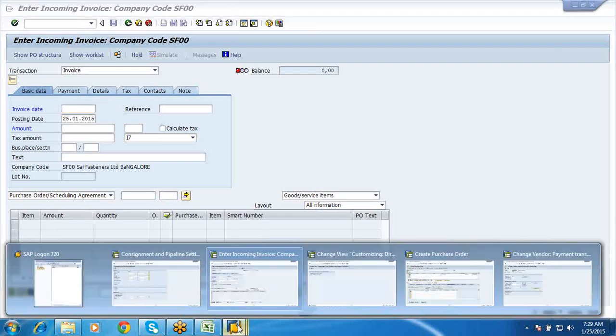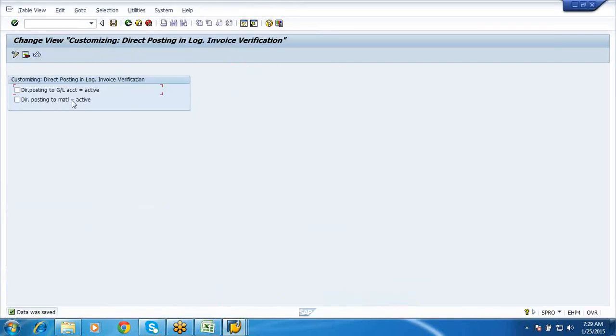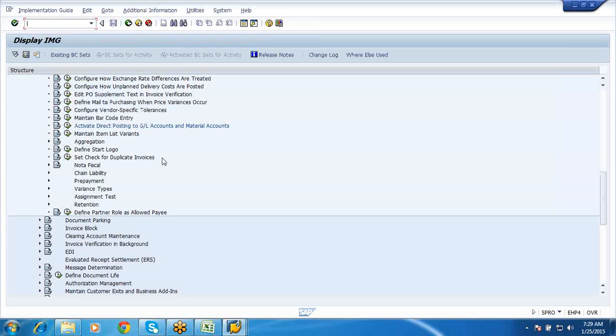Since this is a test system, this is active, but in your normal one, it would not be active. Okay, so I'm reverting back the changes. So this is your activate direct posting to GL account and material documents.